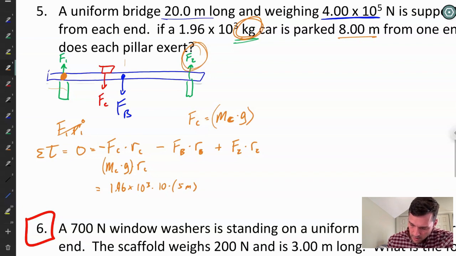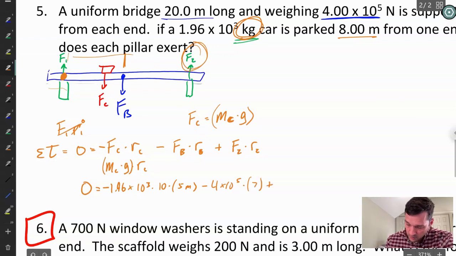Got that right. Negative minus, so this is all equal to 0, minus the bridge, which is at the 10-meter location, but as measured from the pillar, that's only going to be 7. So the weight of the bridge is 4 times 10 to the 5th times its location, which is 7,